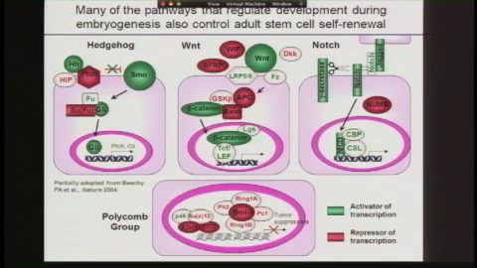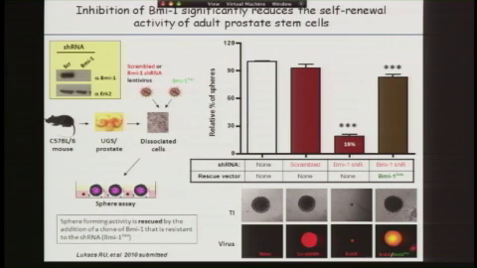What controls their self-renewal? Well, one of the things we decided to look at was that collection of pathways in which embryonically regulate cell self-renewal and are maintained in adult stem cell populations. There's a lot to say about this, but we focus particularly on the polycomb group for a number of reasons, and I'll tell you some results of work of Rita Lukács, a graduate student in the lab, not yet published, but I think of interest. And this take-home message is that the polycomb group of proteins, in particular BMI1, has a clear correlate with prostate cancer development and progression. So she did this experiment to test if it was essential for self-renewal of prostate using